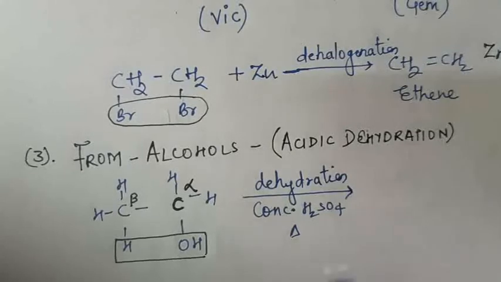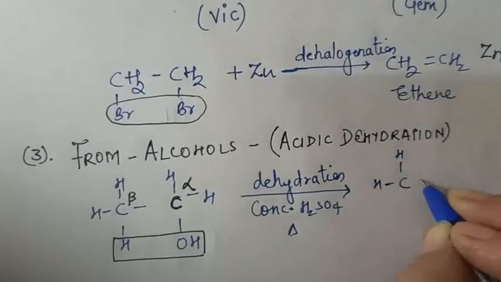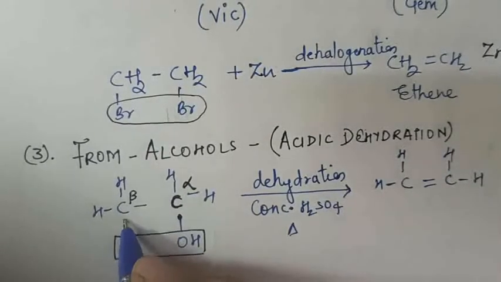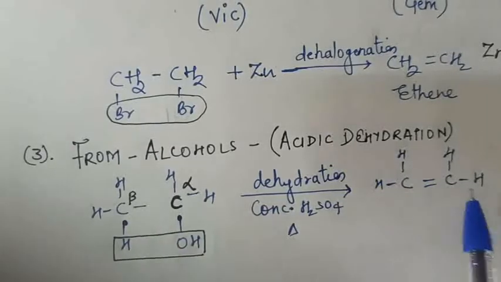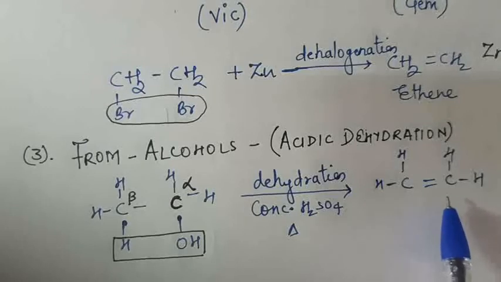Okay, so the H from the beta carbon and OH from the alpha carbon will be removed, and then what you are left with is that one valency of this will be free and here also one valency will be free, which will eventually develop a double bond. So these were the two methods. Although the opposite of this reaction is also possible. हम अल्कोहल से पानी निकालकर एल्कीन बना सकते हैं, और साइमल्टेनियसली इस एल्कीन में वापस हाइड्रेशन करके, यानी वापस पानी डालकर वापस अल्कोहल भी बना सकते हैं.